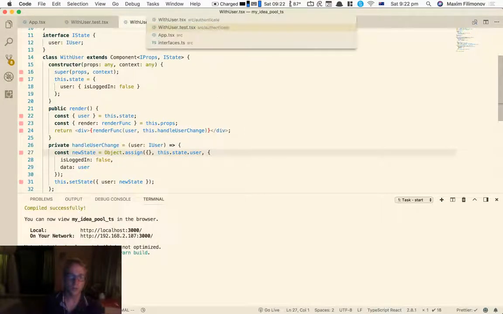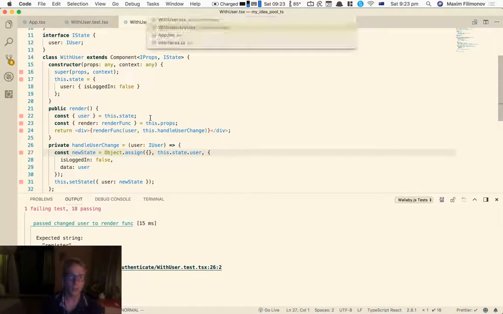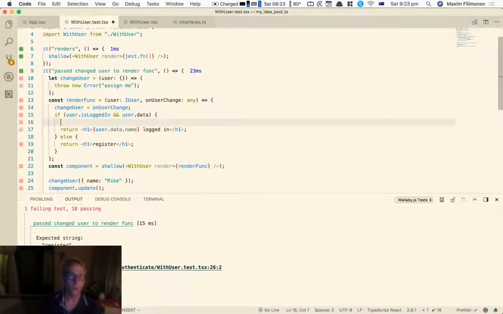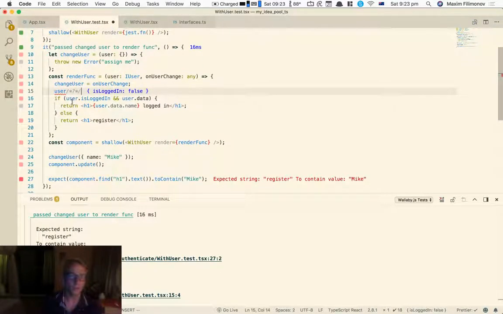So now it's supposed to do what I think. Oh no, test of ending. Okay, expect string to register to contain mic. Okay, so user. Let's just check with this Quokka thing. So it's called it once, then the change happened,